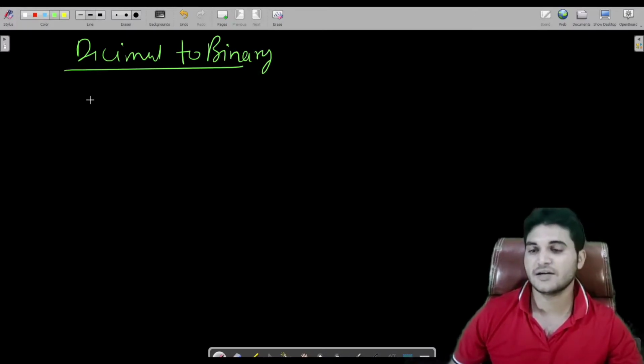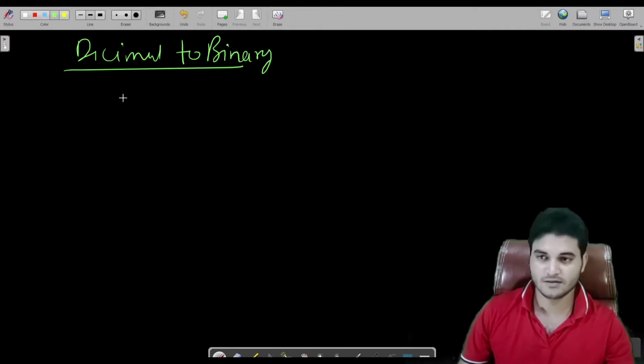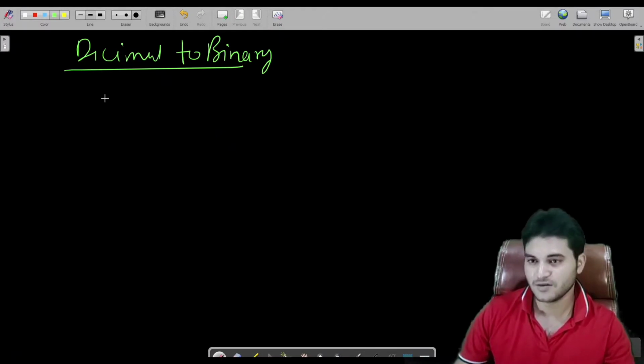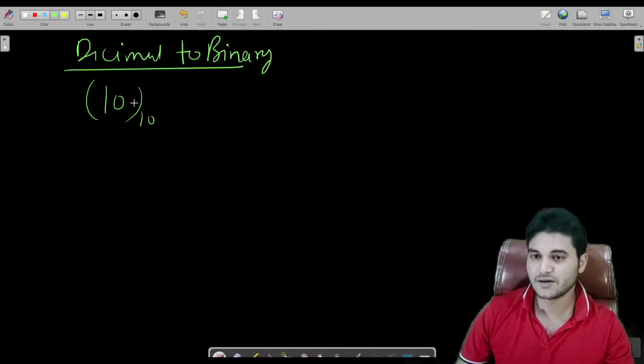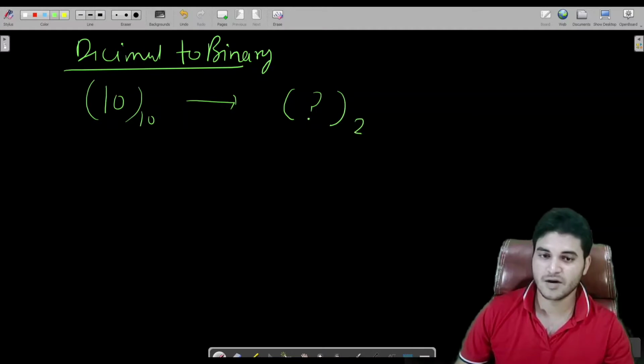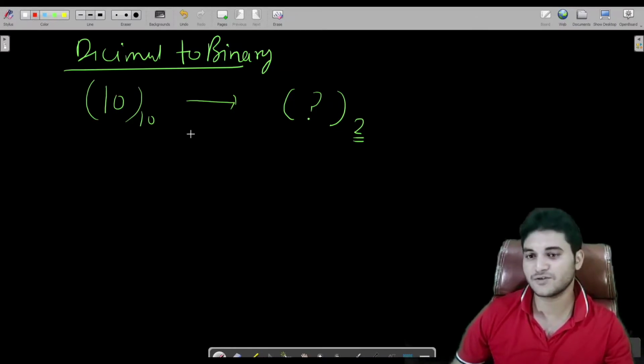Let's say you have to convert a decimal number into binary on a copy and pen. This is the pen, and you can consider the screen as a copy. So how do we convert it? Let's say I have to convert 10. The base for a decimal number is 10, and I have to convert this number into binary. The binary base is 2. I have already discussed this in my last video, so if you have missed it, you should watch my previous video. So how do we do that?